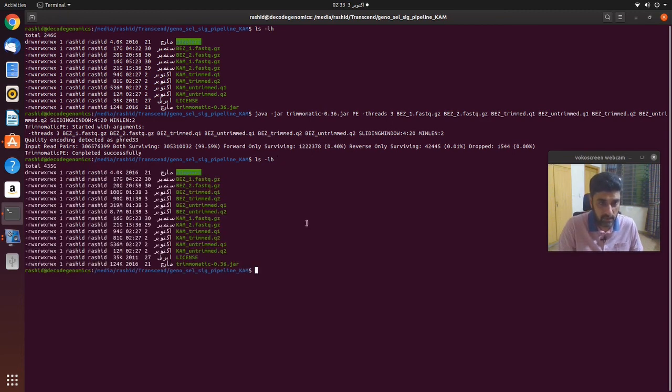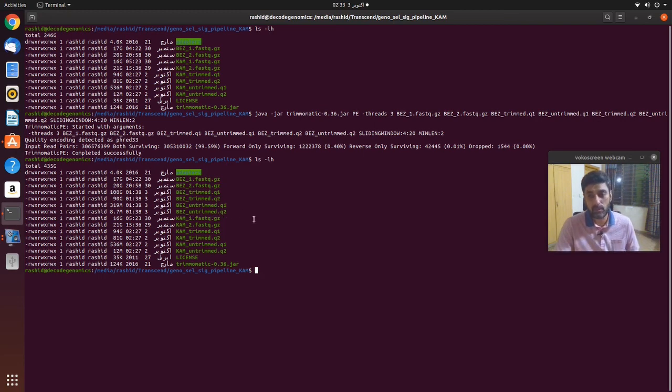Here you can see that similar 4 files have been generated for the Bezoar pool. These are the files of Kamori, like Kamori trimmed Q1, Kamori trimmed Q2, Kamori untrimmed Q1, Kamori untrimmed Q2, and similarly the 4 files generated with Bezoar as well: Bezoar trimmed Q1, Bezoar trimmed Q2, Bezoar untrimmed Q1, Bezoar untrimmed Q2.